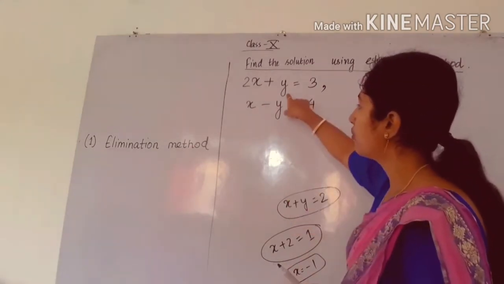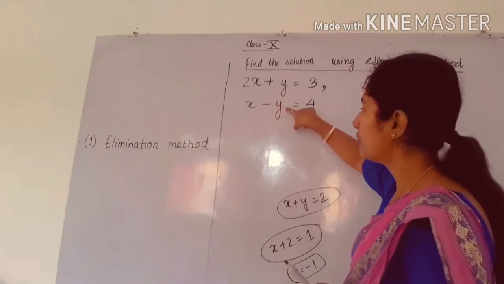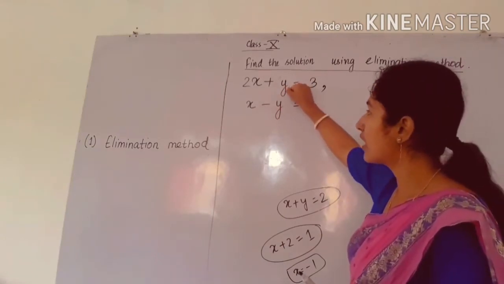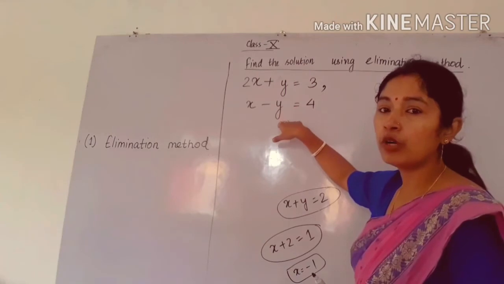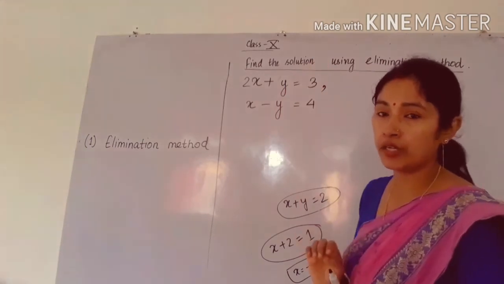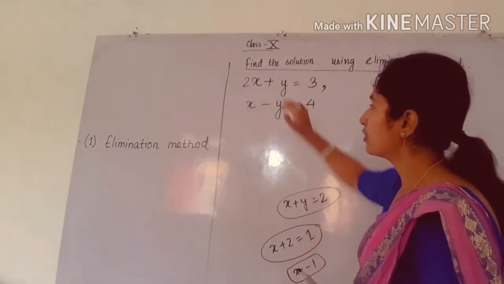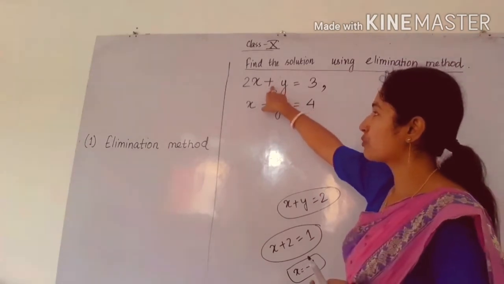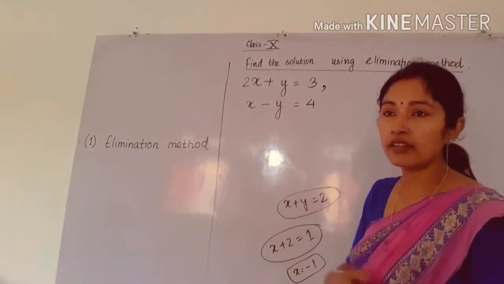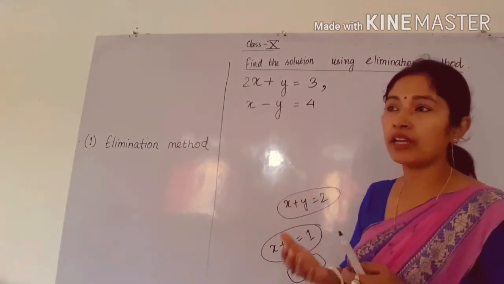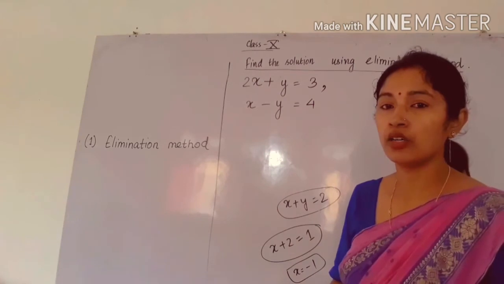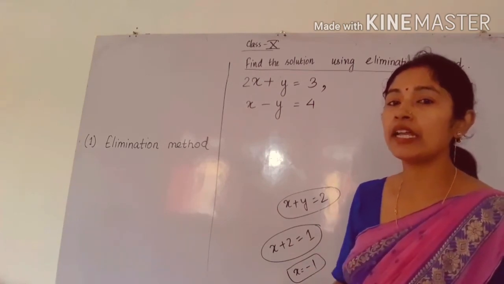For example, before y here a plus sign is there, but here before y there is a negative symbol. So we will add the two equations because plus y plus minus y will become what? 0. So the variable y will be easily eliminated. If the two symbols are the same, that means this is also plus y and this is also plus y, then we cannot add the two linear equations, because by adding plus y and plus y, it will become 2y. Then in that case you have to subtract. So you have to check the symbol before adding or subtracting.